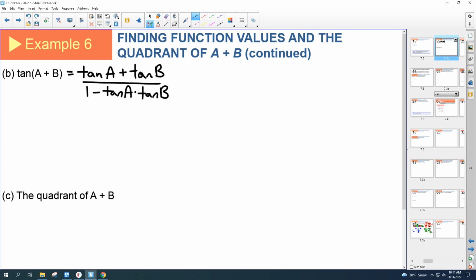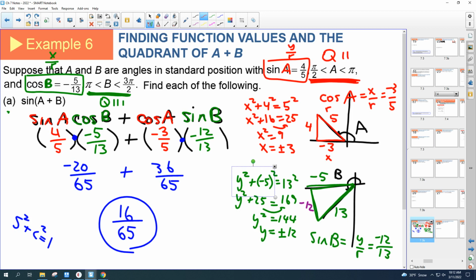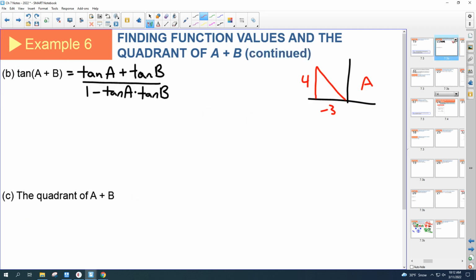So go back and think about your two pictures here. Your first one, when we did angle A, it was a 4 and a negative 3 and a 5, okay? What we need to get out of that picture is the tangent ratio. And we know the tangent ratio is y over x, so we look at y over x, we're going to have negative 4/3. So wherever you see tangent A is going to be negative 4/3. Negative 4/3 plus something all over 1 minus negative 4/3